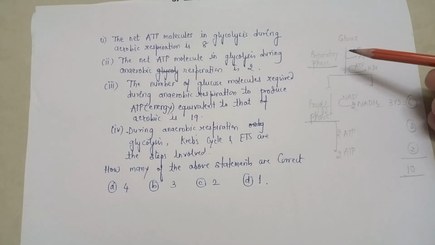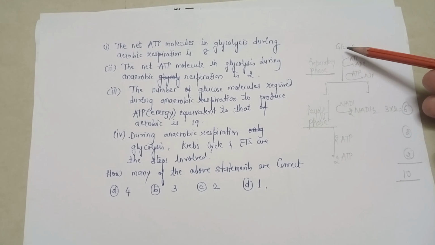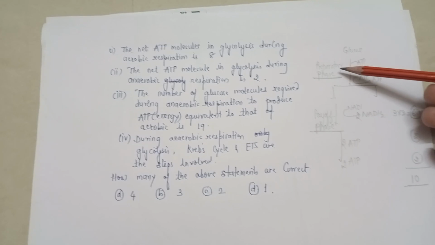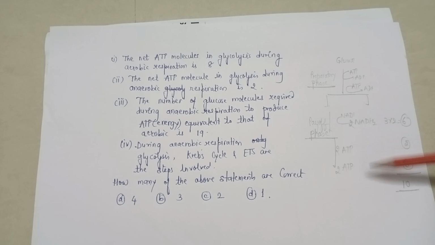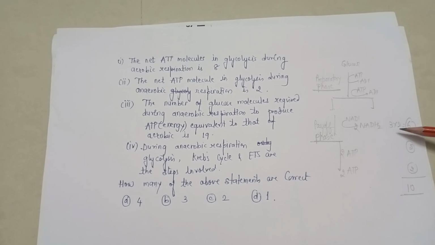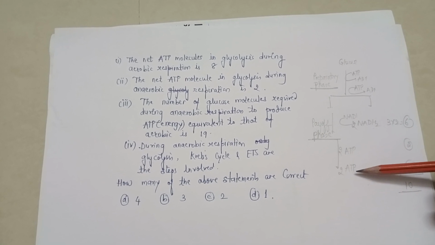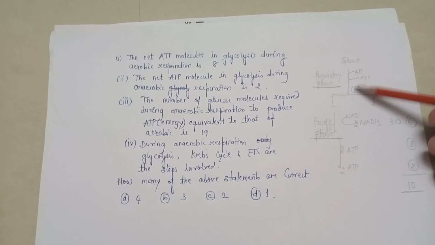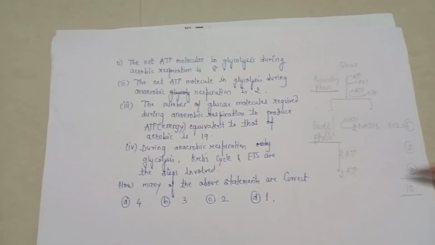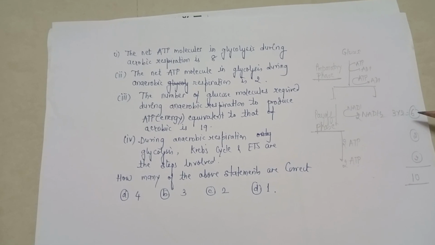Now if you look at the process of glycolysis which I have just outlined here, it uses 2 ATPs during a phase we call the preparatory phase. And during the payoff phase, it produces 2 NADH2 that will be equivalent to 6 ATPs, then 2 ATP molecules, and again it will produce 2 ATP molecules. So under aerobic respiration, this NADH2 molecule will enter into ETS, and therefore it results in the formation of